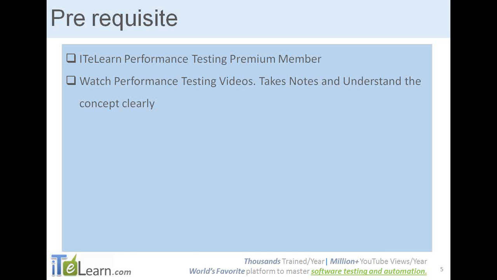So you should be well aware of what each term means. So that whenever someone says, okay, I need to design a scenario for a stress test, you should be well aware of what a stress test is. So you should watch performance testing videos, take notes and understand that particular topic and concept clearly. So these are the prerequisites for the live project.